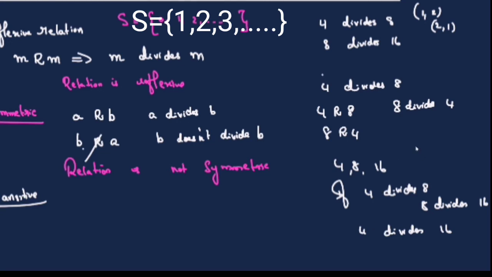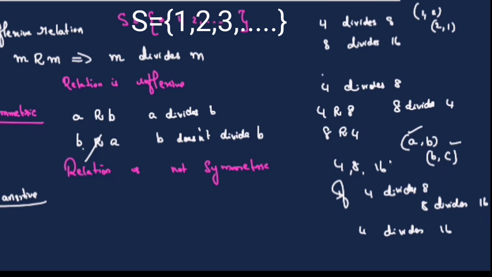So what is a transitive relation? If A is related to B, the ending is B, and you start with B. B is related to C, some other number. Then can you say A is related to C? Take the first and last, can you say always? For this relation, A is related to C always. Any three numbers you take.